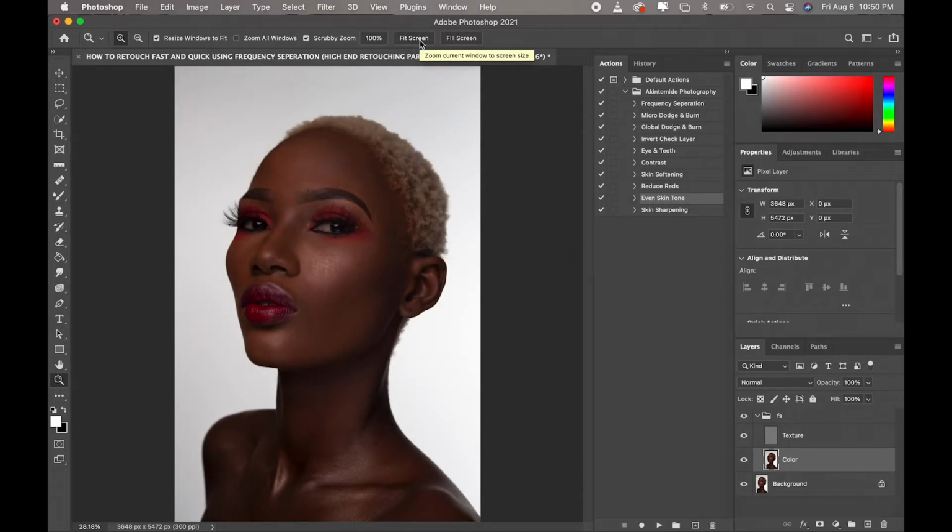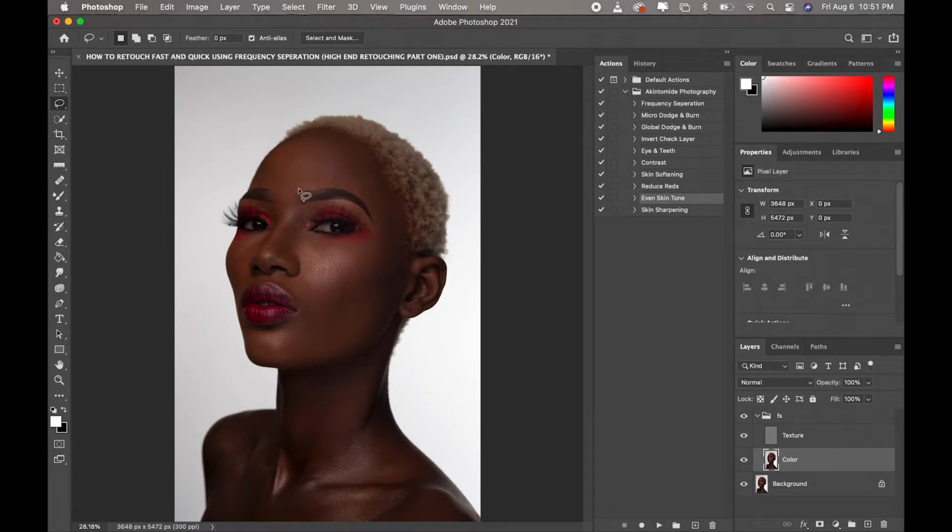Okay, so now I'm done with the mixer brush tool, and this is the before, after, before, after. So just a really little difference, but in retouching, that's really all you need, so you don't damage the image. So now what we're going to do next is we're going to pick our lasso tool,